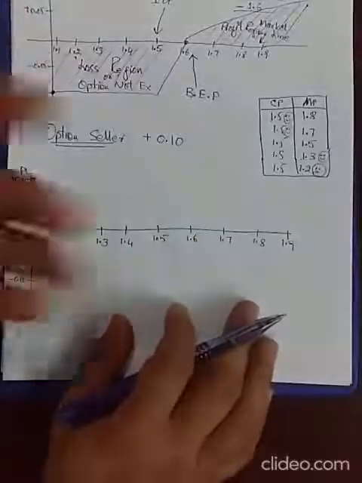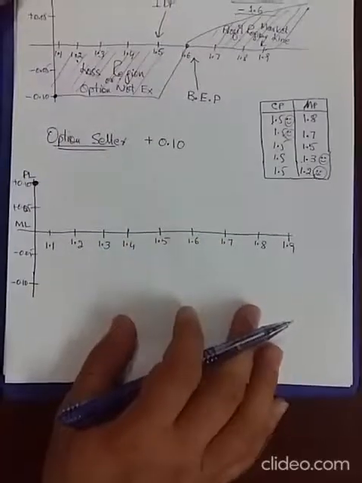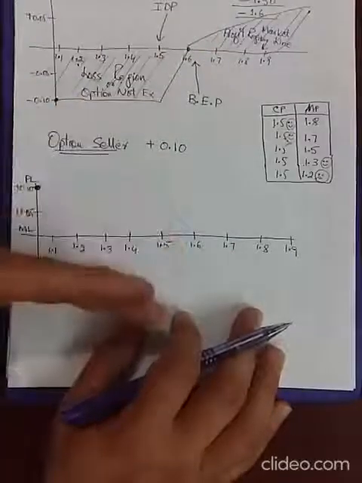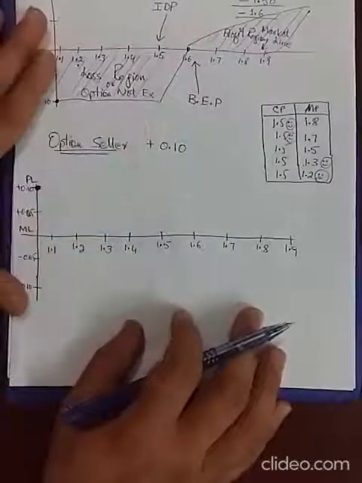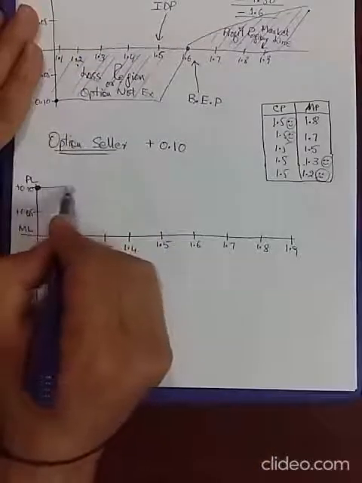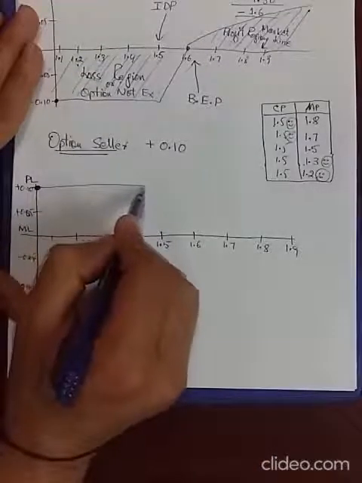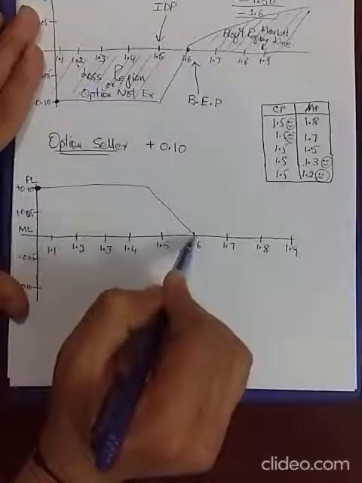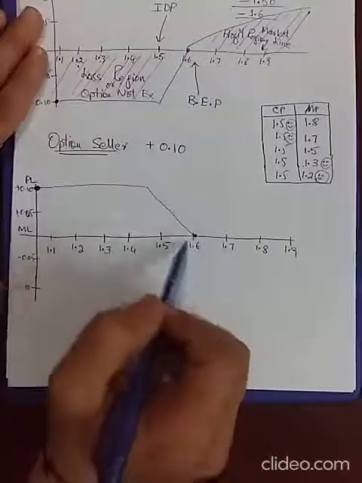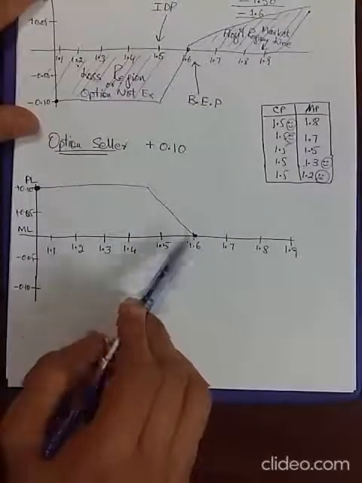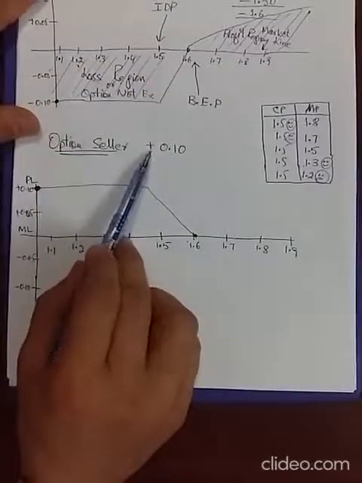Okay, so you do know that a profit for the buyer is a loss for the seller, and a loss for the buyer is a profit for the seller. So we go vice versa here. The line would remain the same. It starts straight and goes straight to 1.5. Then it crosses 1.6, which will be the break-even point. So look at this. Why again is 1.6 the break-even point? Because the seller has already received the